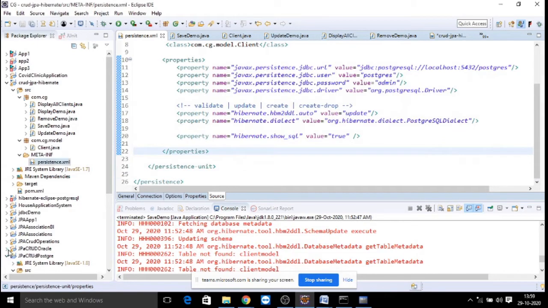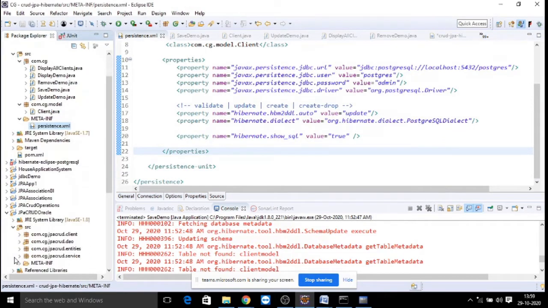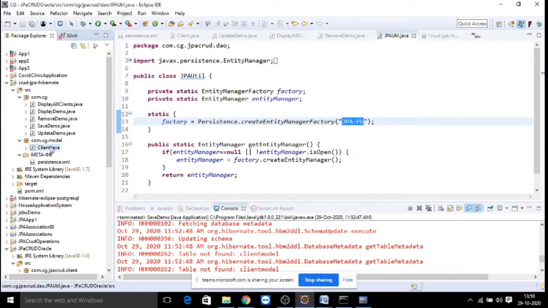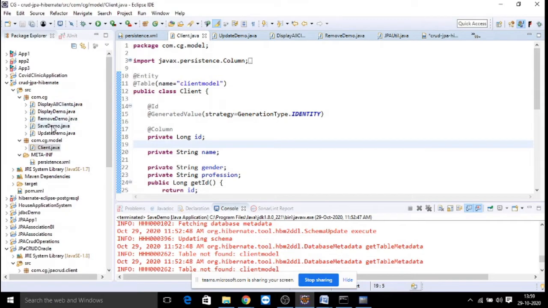Just like in our previous applications, we are every time creating a util, right? So like this, you need to create a util file where you create the entity manager and return that. But in this particular example, I have not made that structure. There is no layered architecture here. I am just sharing a Postgres application with CRUD operations without any structure.